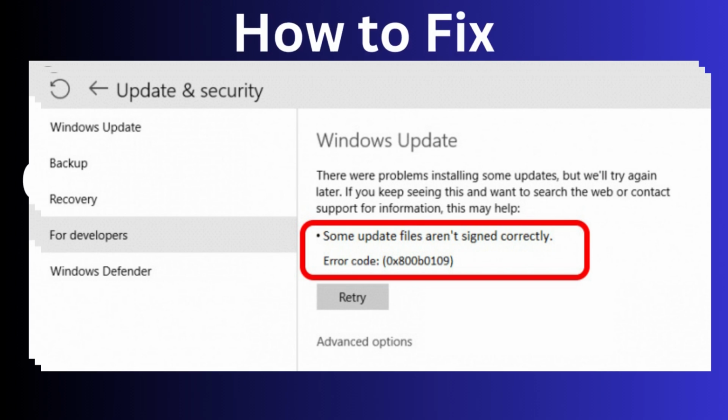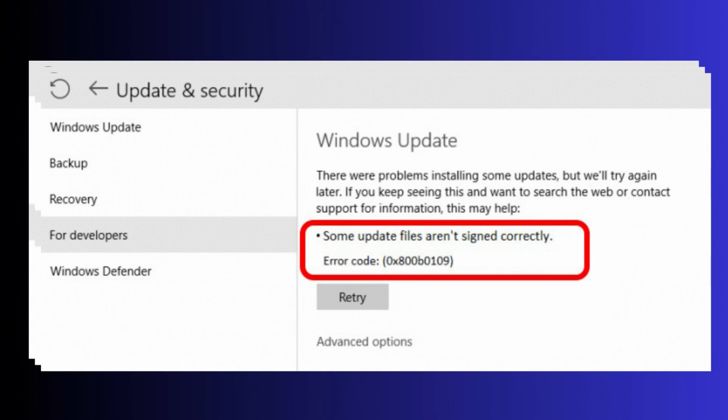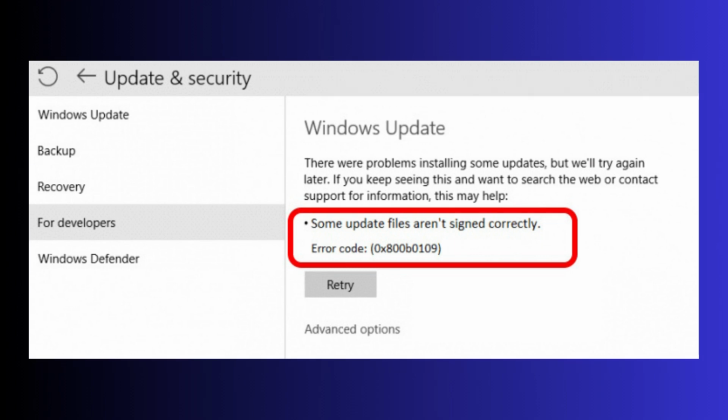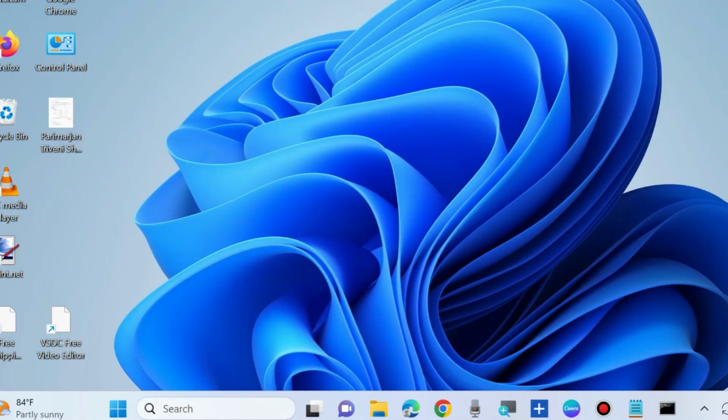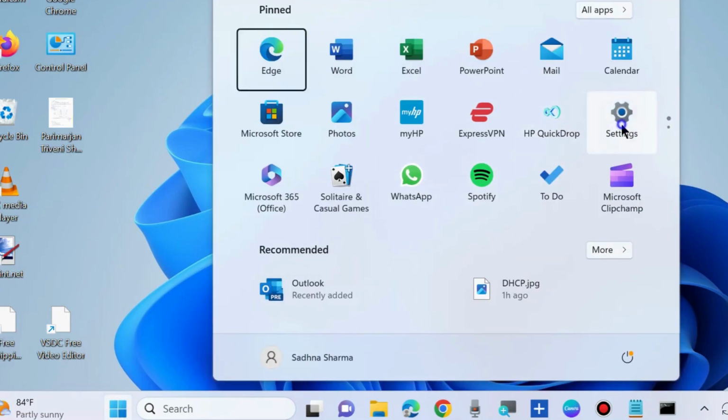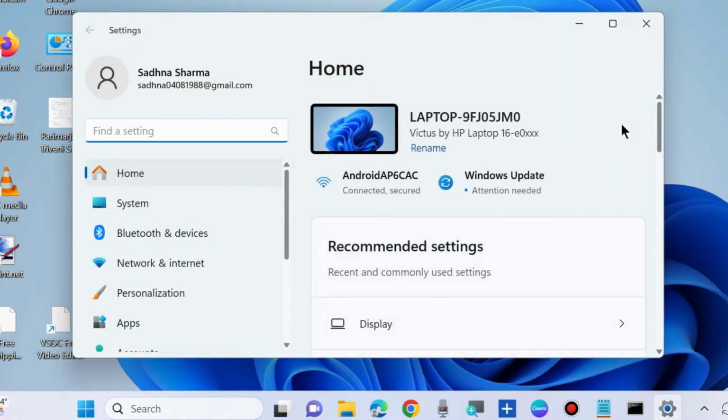How to fix Windows 11 update error code. Some update files are not signed correctly in Windows 11 and Windows 10. This Windows update error code appeared in both Windows 10 and 11, and to fix this issue the first workaround is go to Windows settings,